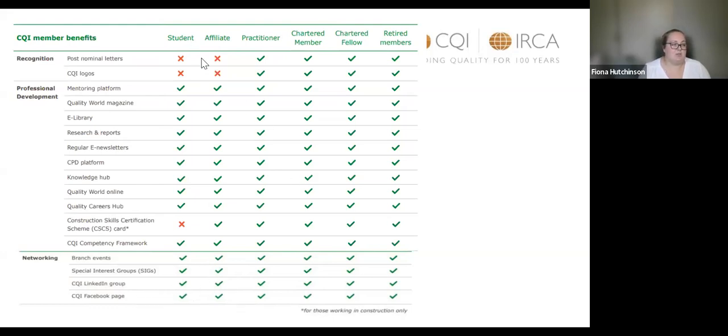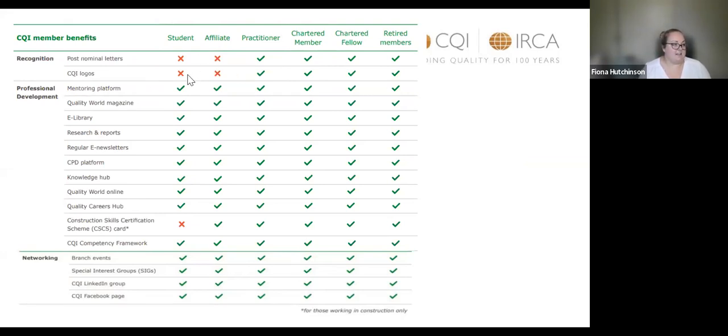It's just in terms of recognition that the benefits differ slightly. So for the practitioner and chartered member grade, you get the use of post-nominals and the CQI logos. You also receive a certificate to tell you your grade digitally. And you can request a paper copy of that as well.